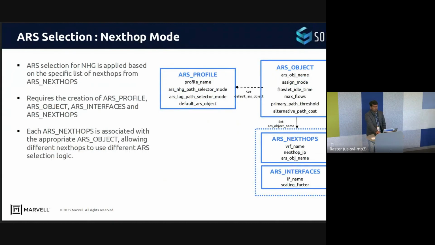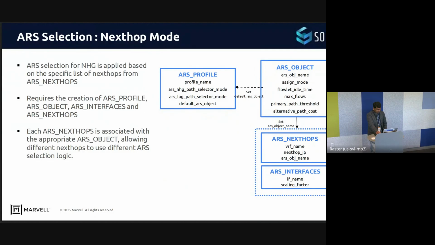Okay, so the third mode is the next hop mode. If the selection is set to next hop mode, the user has to program, along with the default object and the profile, the next hops and also the interfaces. The entries have to be programmed into the next hops and also the interfaces. So the object, when it is created and bound to the next hops,